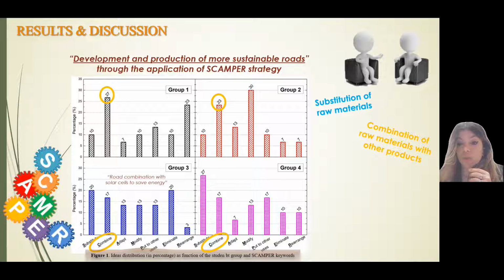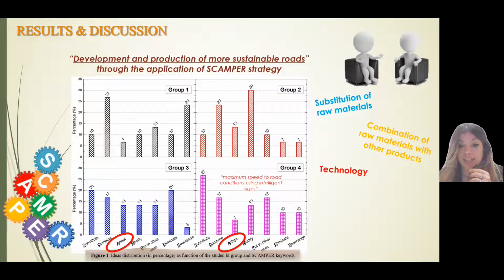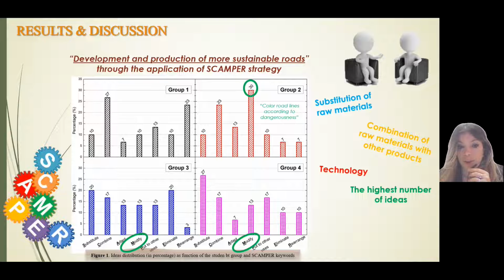Moreover, only 2 of these groups considered the combination keyword more than the others, focusing on mixing raw materials with other products and including new technology like solar cells. Additionally, this technology was referenced when considering the adapt question. In this case, all groups agreed on the importance of the implementation of smart technologies. Concerning modify,